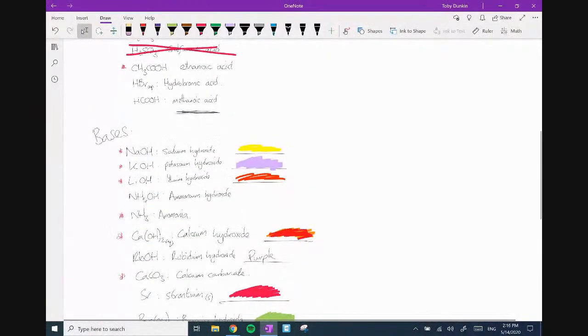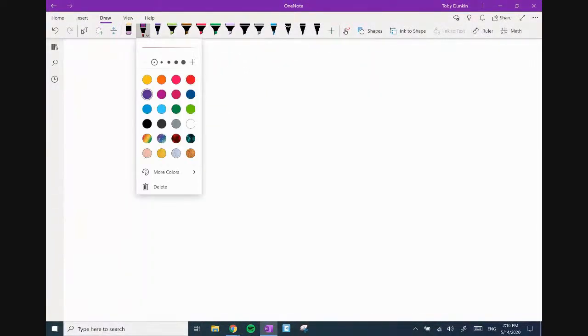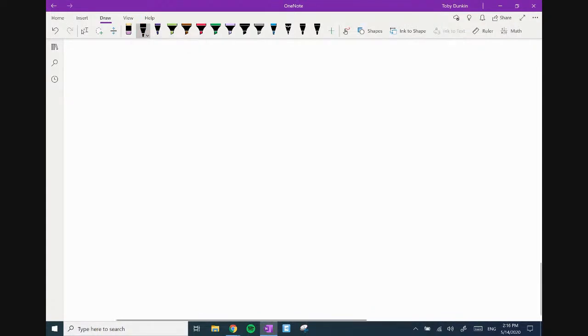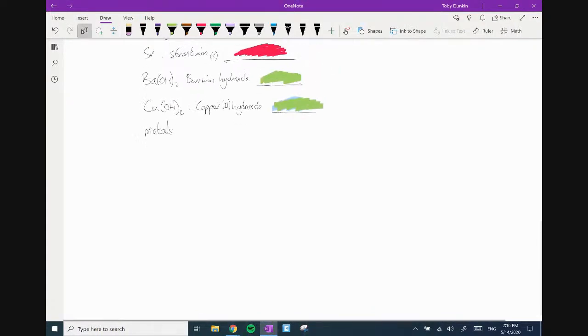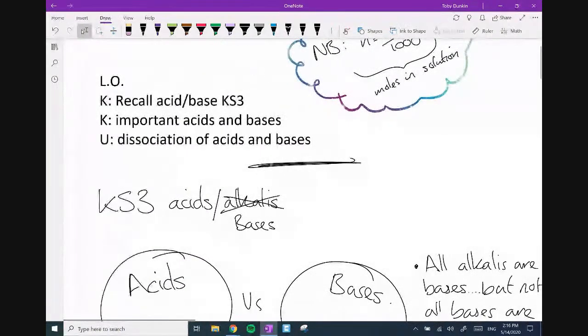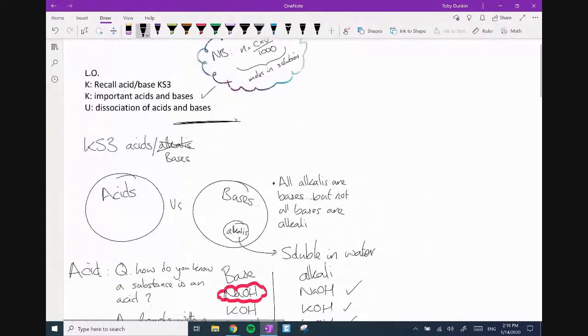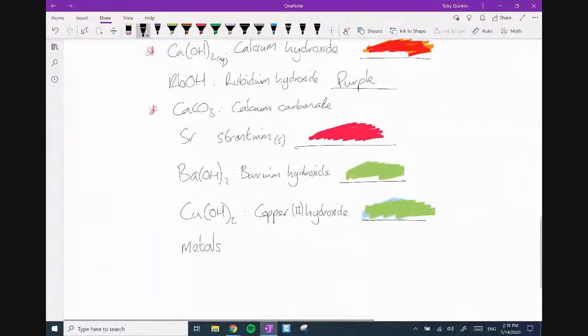Anyway, so back to here. Right, so at this point, we continue with the year 7 stuff. I'm realizing I'm going to get nowhere on my learning objectives. I'm going to end up doing only the key stage 3 stuff. Although no, we've done the important ones. We've done that one. Done that one.